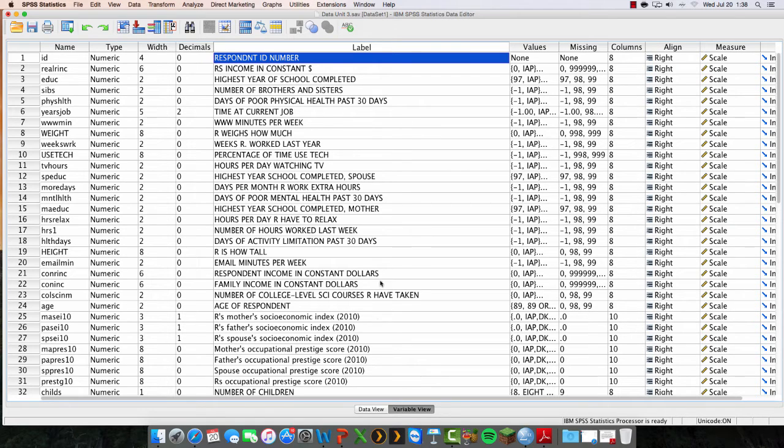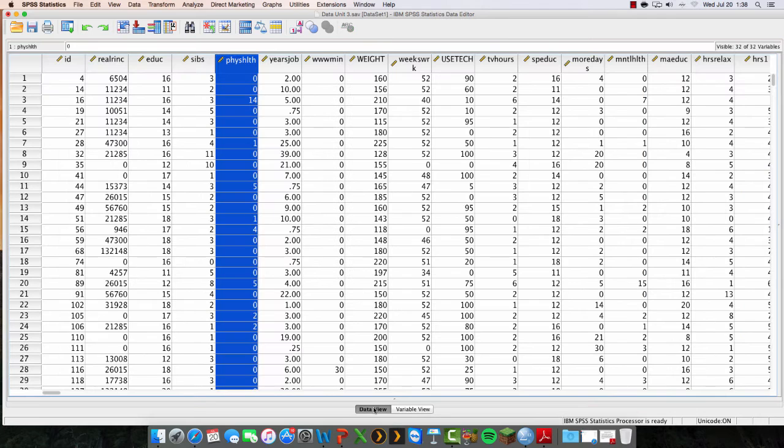Let's switch back to the data view, and you can get some idea of what the data looks like. You can see all numbers, all meaningful in as much as they are actual numbers that you can do math with. Very useful for those purposes. All right, so let's begin